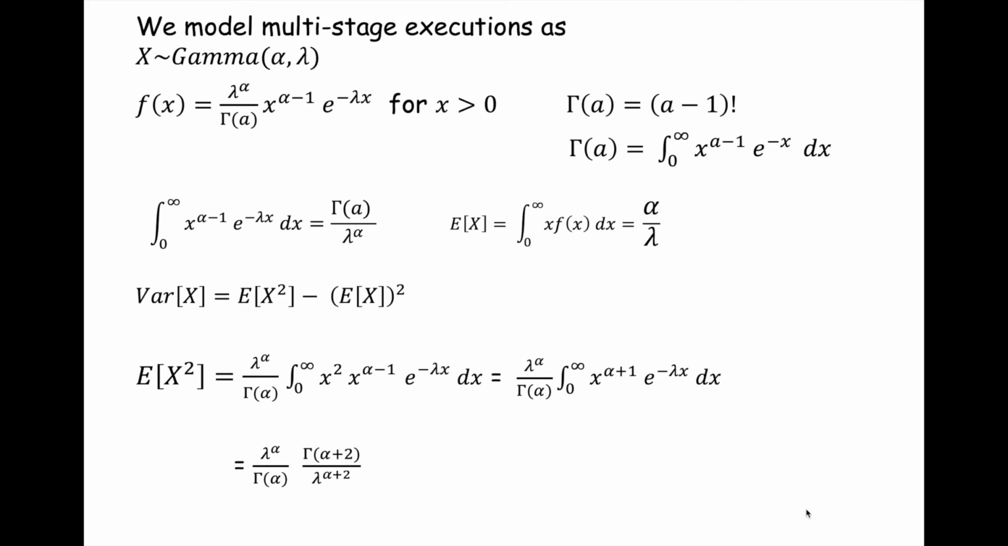Now remember, we were subtracting from that e of x quantity squared, and we just said e of x quantity squared is alpha over lambda quantity squared. So that gives me alpha plus 1 times alpha over lambda squared minus this e of x quantity squared. That would be alpha squared over lambda squared. So both denominators